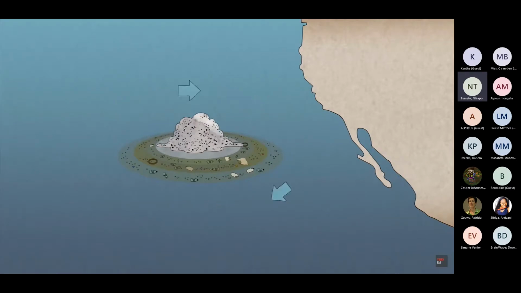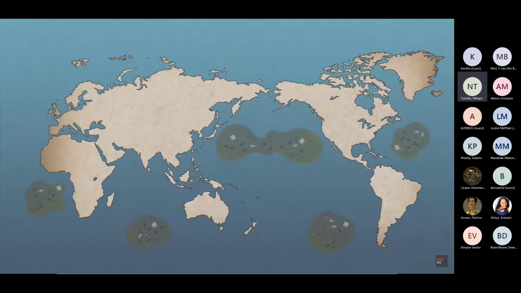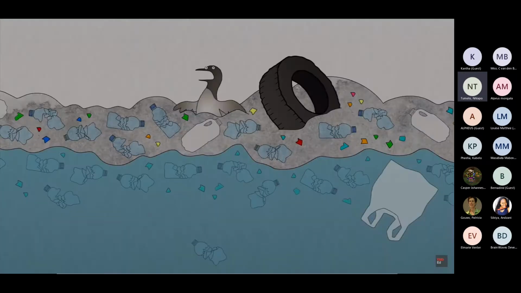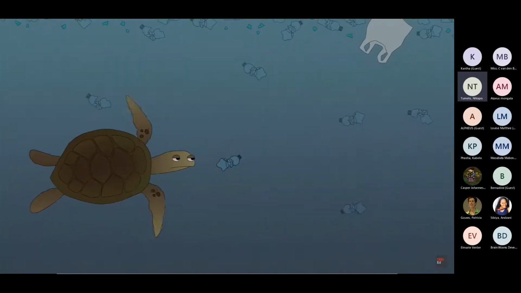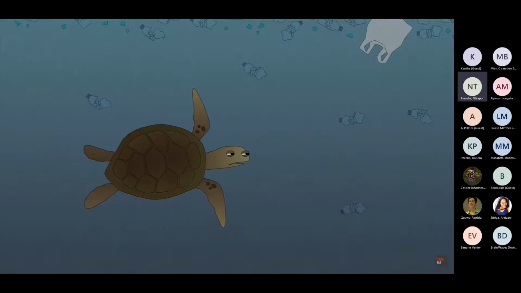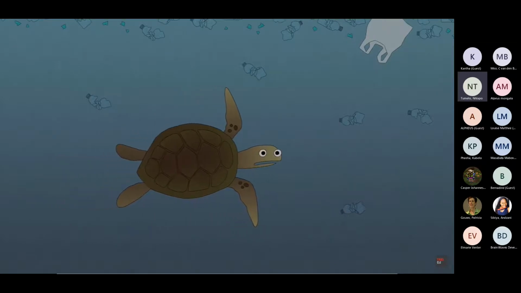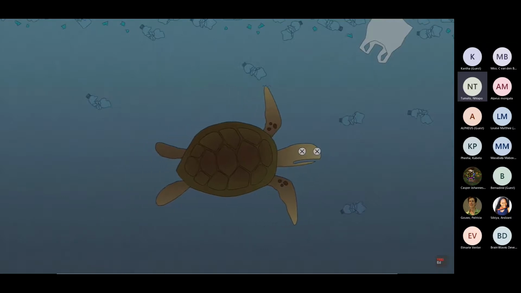Here, the ocean's currents have trapped millions of pieces of plastic debris. This is one of 5 plastic-filled gyres in the world's seas, places where the pollutants turn the water into a cloudy plastic soup. Some animals, like seabirds, get entangled in the mess. They and others mistake the brightly colored plastic bits for food. Plastic makes them feel full when they're not, so they starve to death and pass the toxins from the plastic